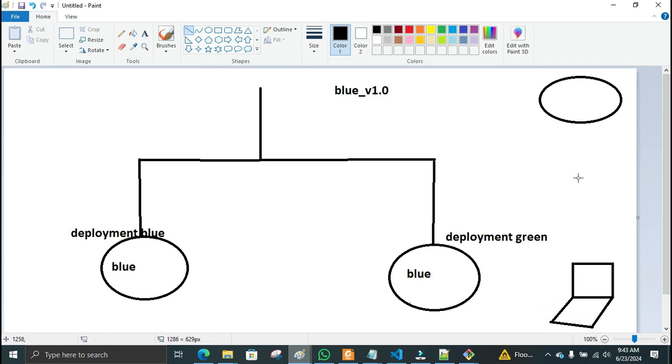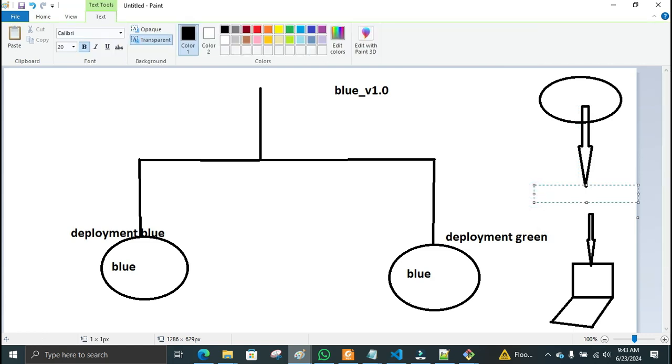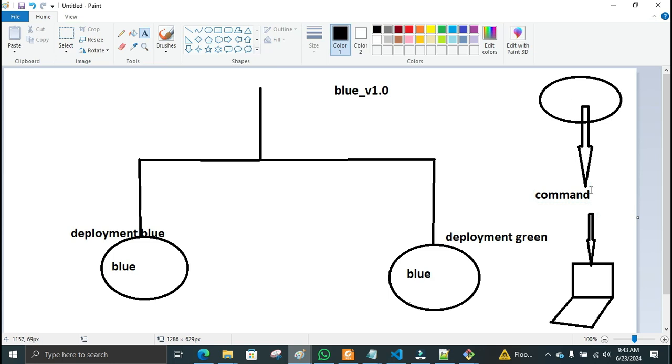How do we move from AWS to our laptop? There is a file in AWS that has to be exported to your machine, and it is going to be exported using a particular command. There is a command that you need to use in order to extract that file from AWS to your machine,